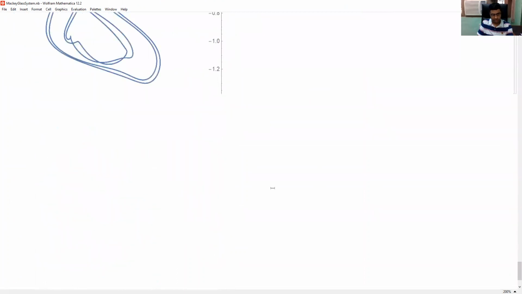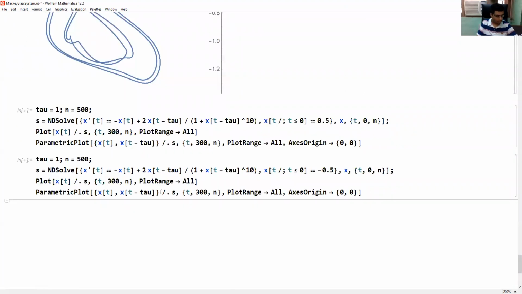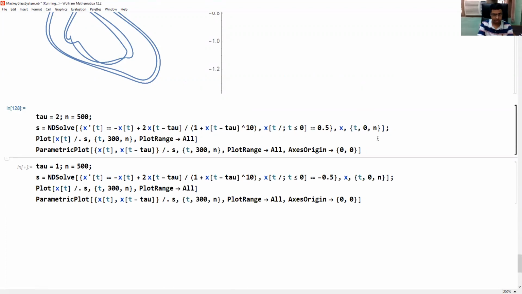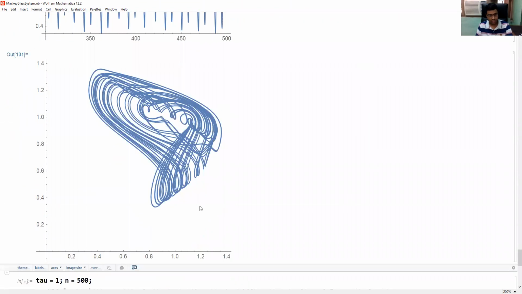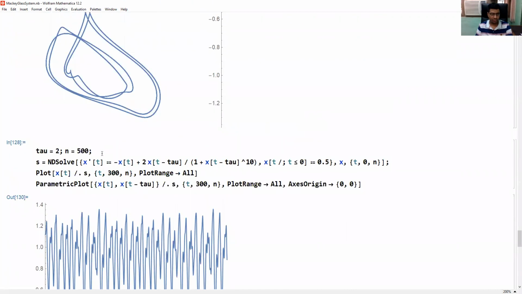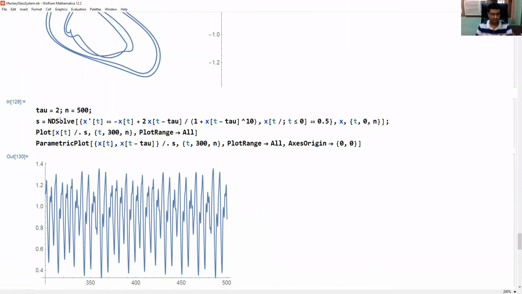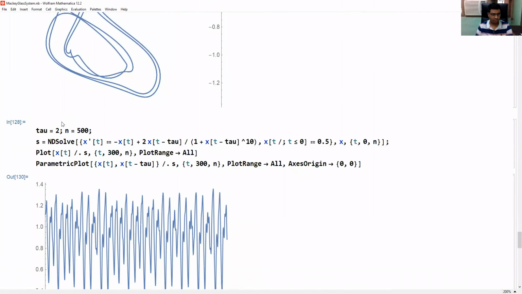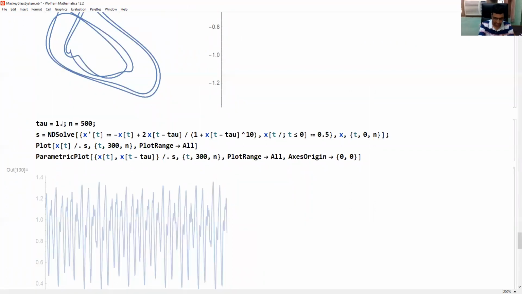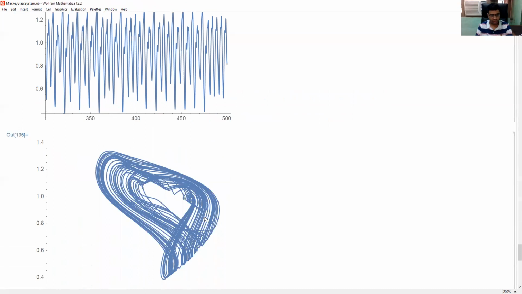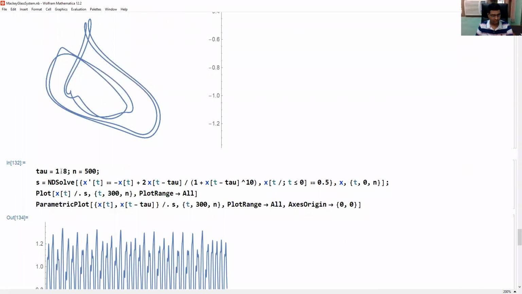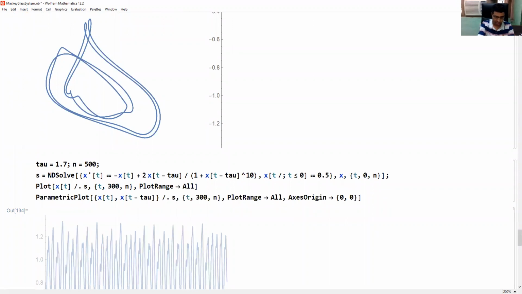We increase this further. Say 2. If we increase slowly, then we can observe these things clearly. This is 2 now. This seems chaotic. Okay, so small changes will show clearly this period doubling. So instead of 1.6, I may take 1.8. 1.8 also provides chaotic. 1.7, let me take 1.7.